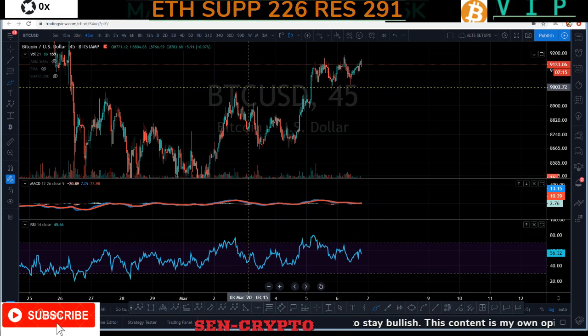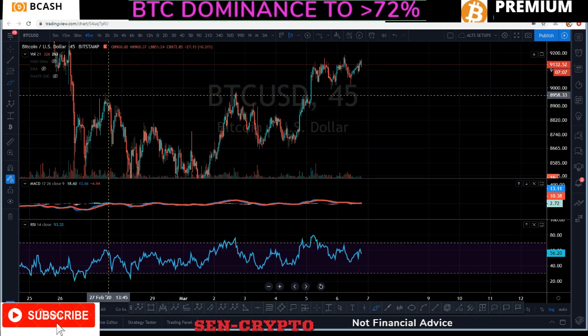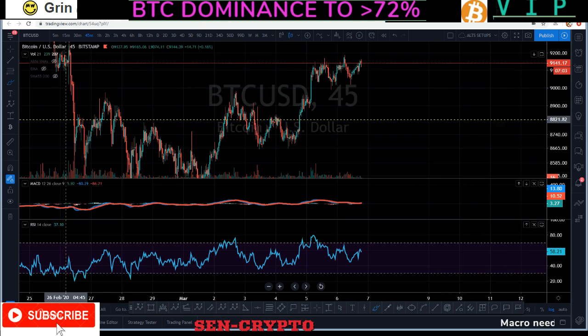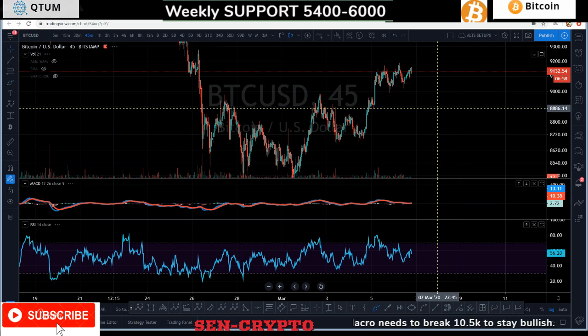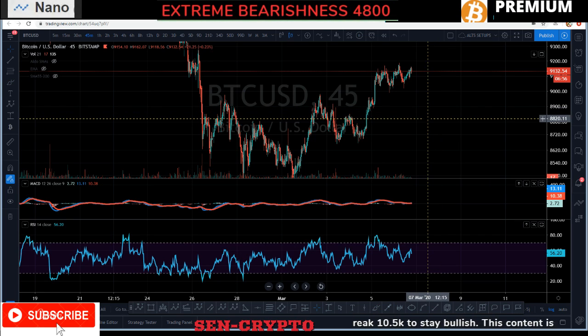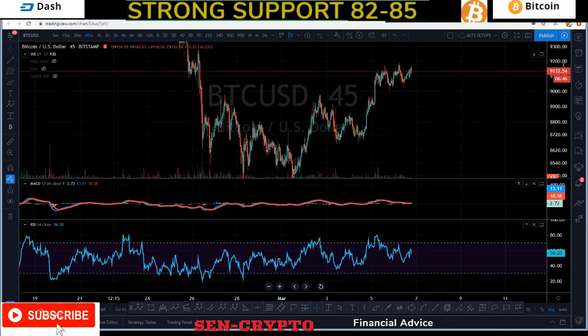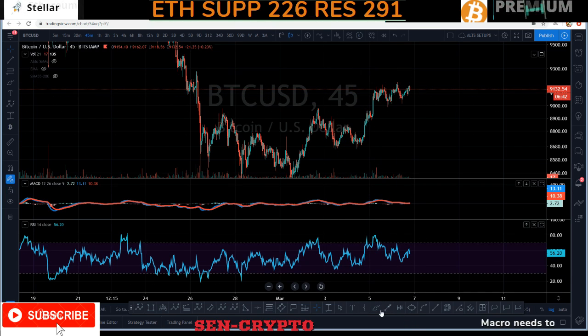Even though I'm temporarily bullish up to mid 9K, I wouldn't be fighting for 200, 400 points with BTC. I'd rather let it have it, and if it goes to 96, you take the short. But I wouldn't be fighting for 200 to 400 points. I'd rather look for the 2,000 point, 1,000 point drop, stuff like that. If you're scalping, great, you can take those small moves, but I would not be fighting for a 200 point drop for BTC, because it's very dangerous with this W